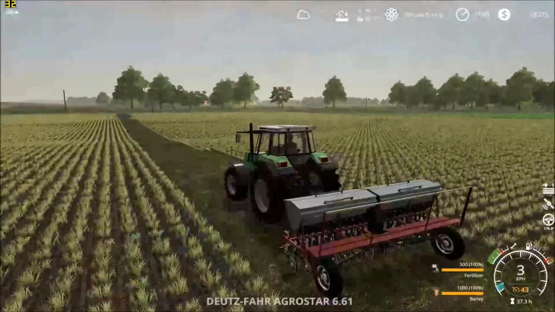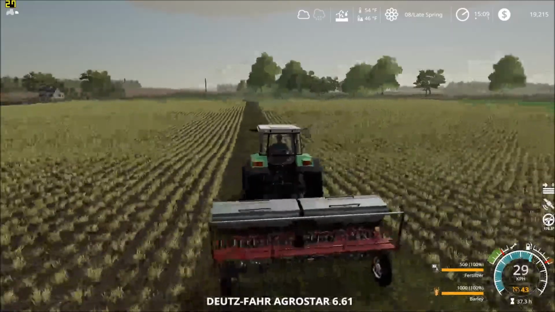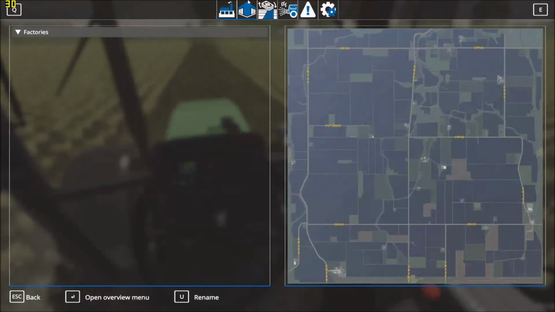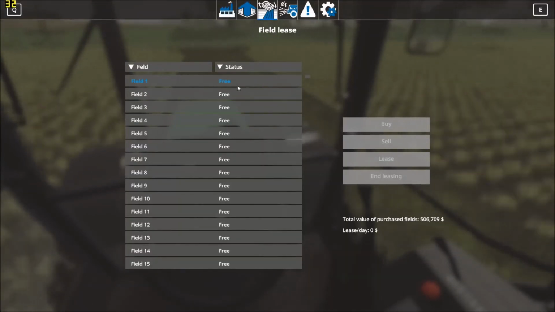Alright. We have some seeds left over. Maybe we could rent a field or something like that. Like just rent field number 39 and plant something in it. Because I do have Global Company, and Global Company allows you to lease fields. So for example, if I was to hit this...